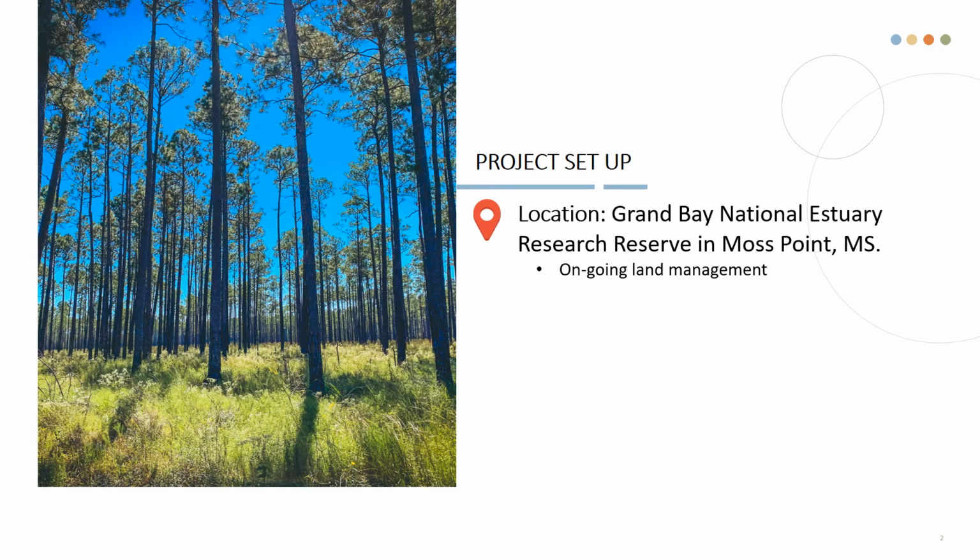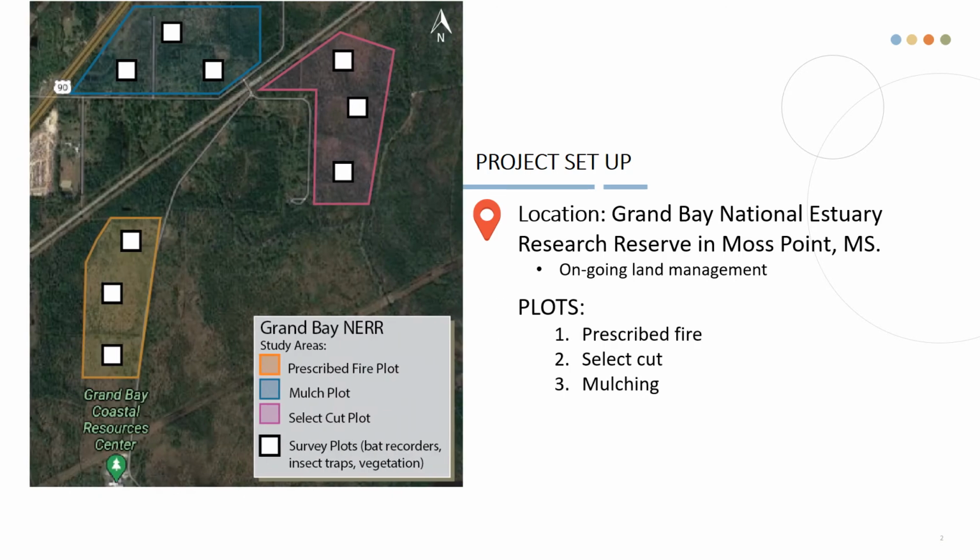This project will take place at the Grand Bay National Estuarine Research Reserve in Moss Point, Mississippi, where the NERR has ongoing land management efforts, thereby presenting a great opportunity to evaluate how different land management techniques affect the present bats and their prey. There will be plots selected to represent habitat management treatments such as prescribed fire, mulching, and